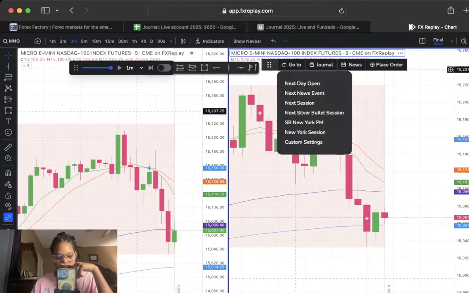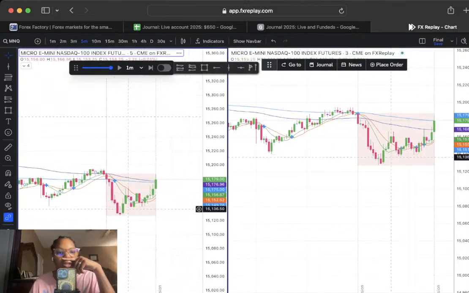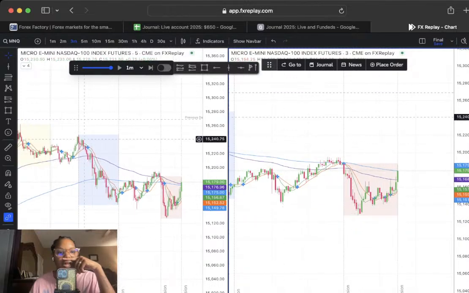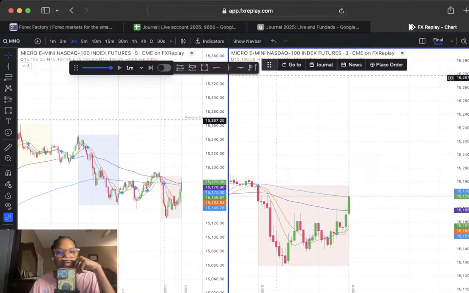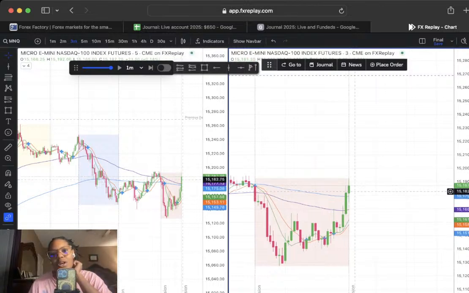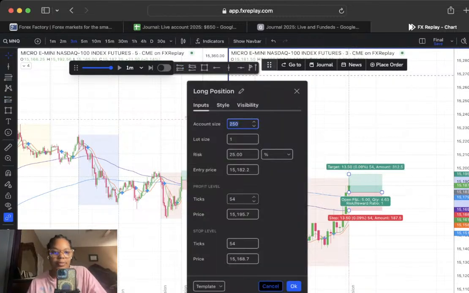Go to the next New York session. Okay. This is looking like we're going up to these London highs and previous day highs, is what it looks like. So let's see if we get EMA confirmation. We have a lot of space between this one, but we're just breaking this one. But you know what? For backtesting purposes, we can see, and then we'll see what we should have done better or worse.